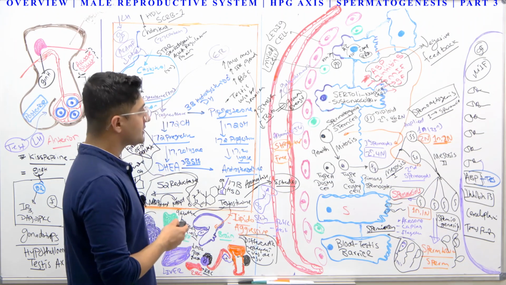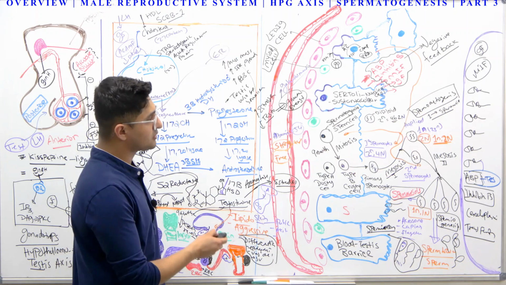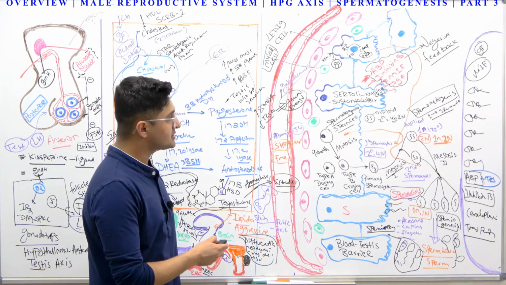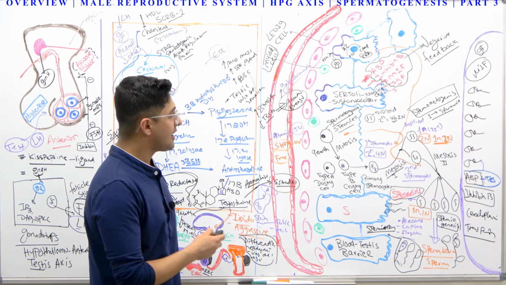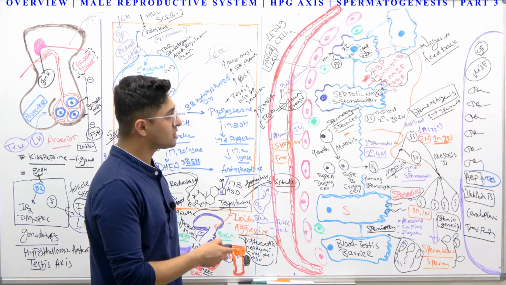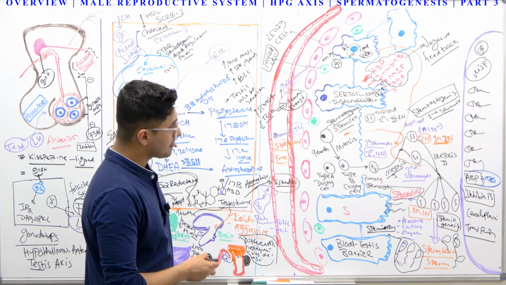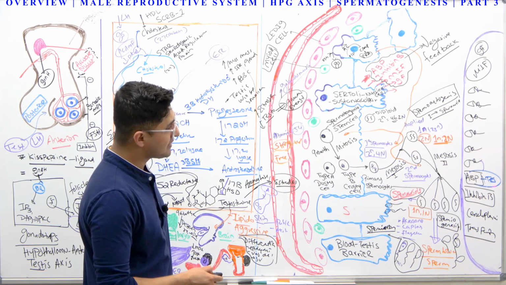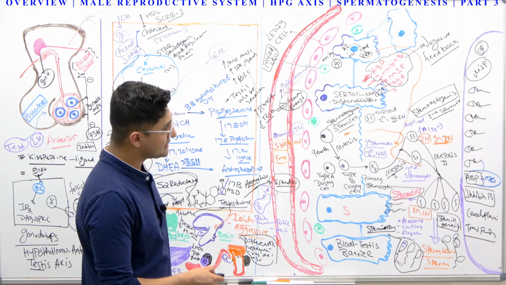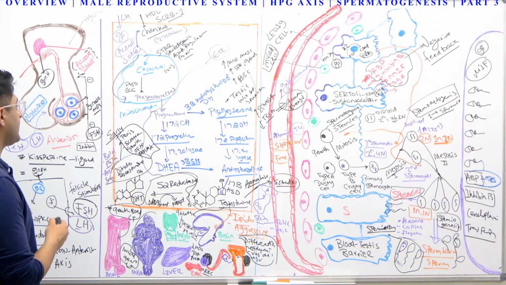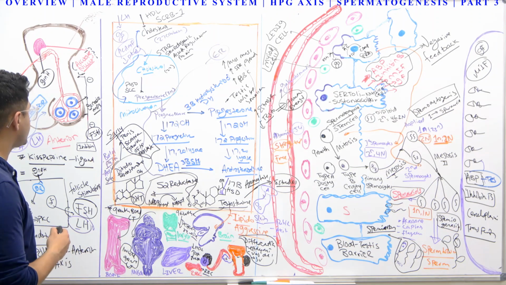As I said, the blood cannot have direct contact with the cells that are involved in the production of sperm, because if that happens, an immune reaction can occur, and then there will be a disturbance of the production of sperm. We talked about that. And remember, the Sertoli cells produce inhibin. This inhibin B is a negative feedback for the regulation of your FSH. It is a negative feedback for the anterior pituitary.